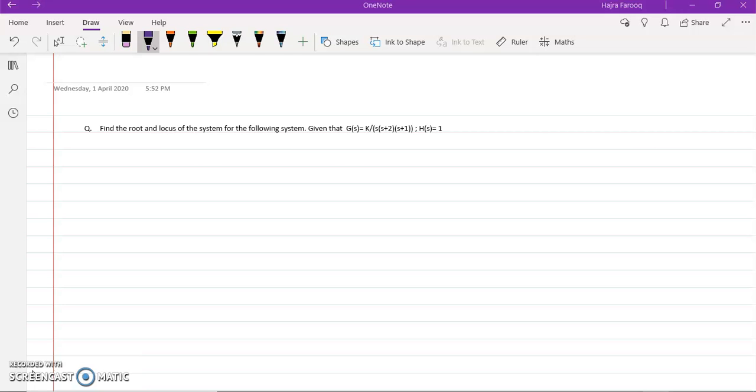As previously we discussed, we have divided it into certain steps, and then we will find out our root locus. Therefore, step number 1 is